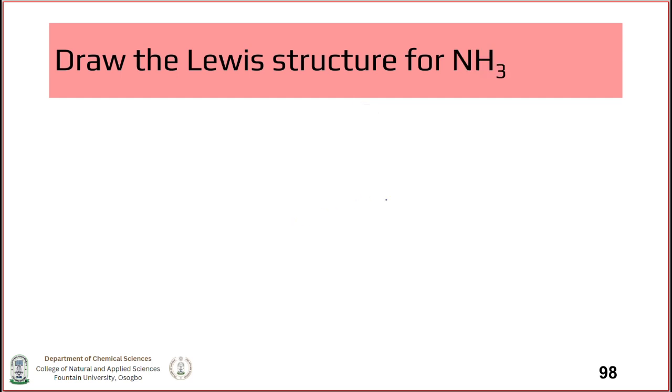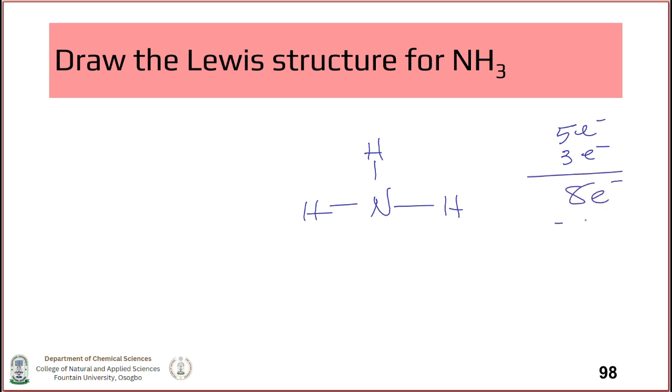What about ammonia? The central atom is nitrogen. The skeletal structure is this. And then the total number of electrons needed for this, if you remember, nitrogen will be 5 electrons and hydrogen, 3 of them, going to be 3 electrons because 1 for each. So we have a total number of 8 electrons needed to draw the Lewis structure for ammonia. And then out of those 8 electrons, 6 have been used already to bond between nitrogen and